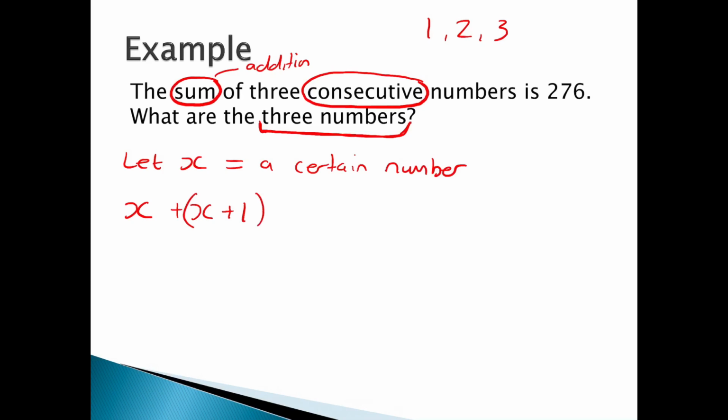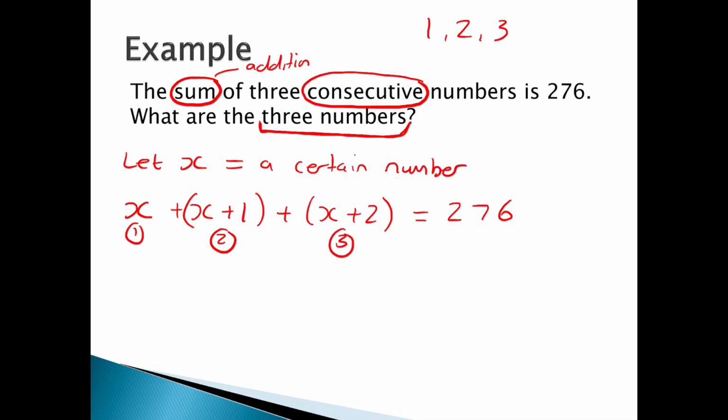So we're going to have x as our first number, then our second number is whatever x was plus an additional 1, and then our third number is going to be x plus an additional 2. And that's all going to be equal to 276. So we've got our first number over here, our second number over here, and our third number over there, and that all equals